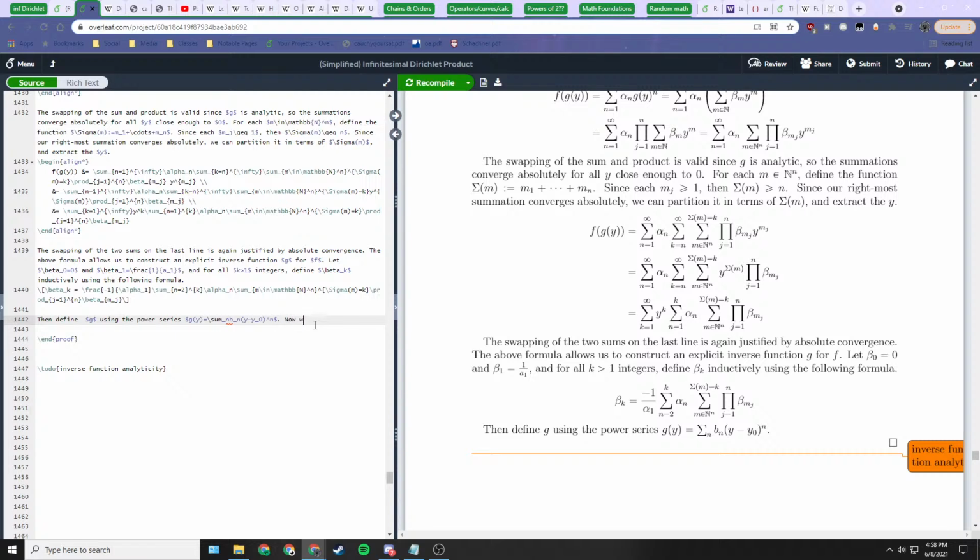So now, if G has a positive radius of convergence, then the composition f of G of y equals y for all y in a neighborhood of 0. So the way that we justify this,